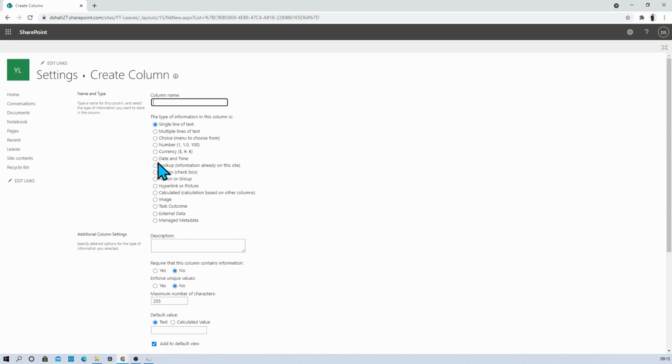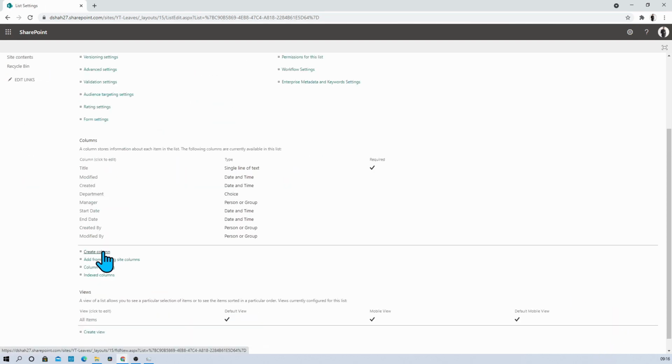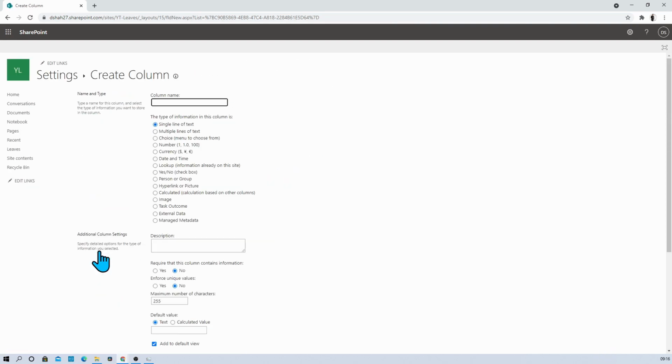Create a column for end date. Date and time. Click on OK. Create a column for number of days. Just keep it as single line of text.